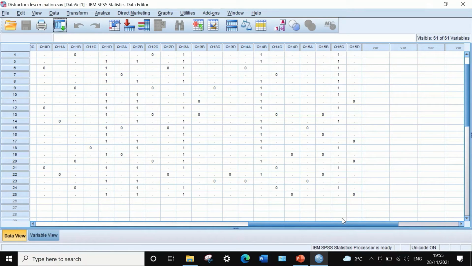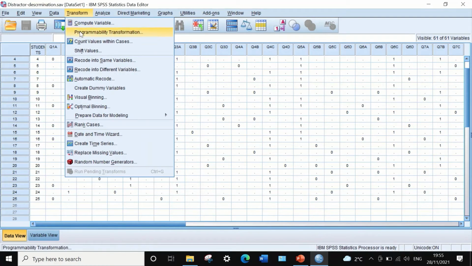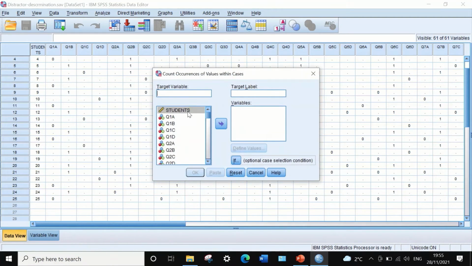And the way to do that is to click on transform and then select count values within cases, and I'm going to generate a target variable calling it total score, and I'm going to use